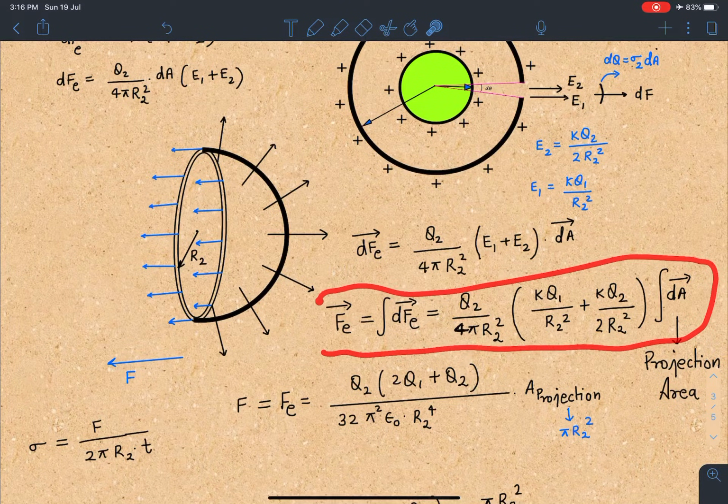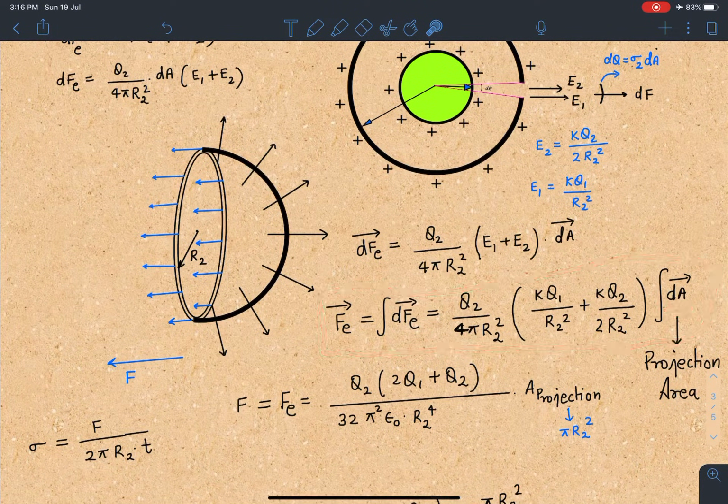So this electrostatic force we are calculating. Here you can say this integral dA vector is going to come. Now this dA vector, at different points, is the outward normal. So if you take components of this area vector, this is going to give us theta. The forces in the cos theta direction will be added together, and the vertical forces, sin theta, are going to get cancelled. Or you can just say, when we add these dA cos theta parts, I am going to get the projection area for the hemisphere. That was the reason I have chosen the hemisphere. Otherwise we would have taken a small element and balanced the forces on that small element.